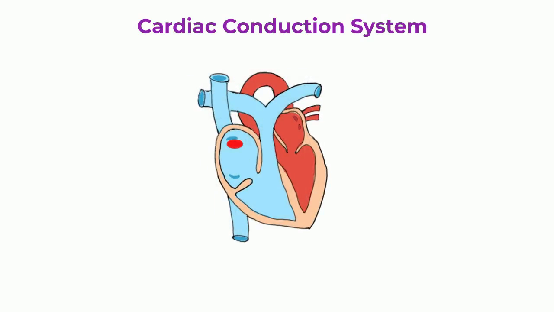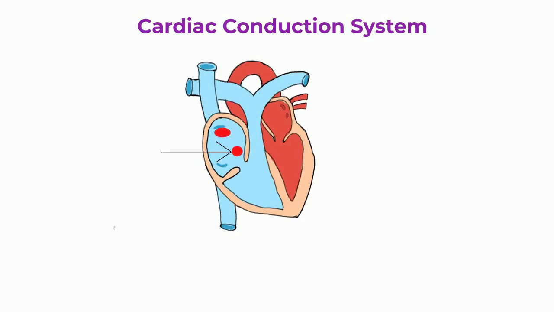This system consists of specialized cardiac musculature called the nodal tissue. A patch of this tissue is present in the right atrial wall just inferior to the opening of the superior vena cava, which is called the sinoatrial node. Another mass of this tissue is seen in the septum between the two atria close to the atrioventricular septum,